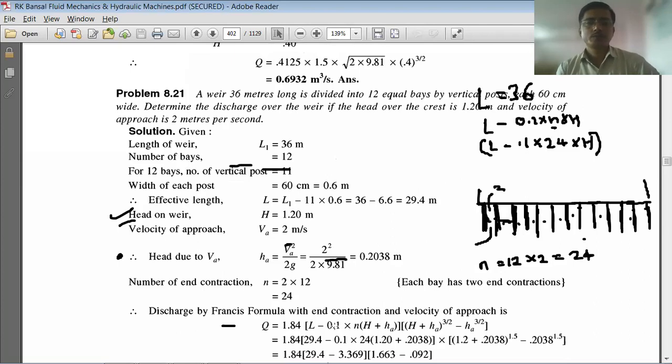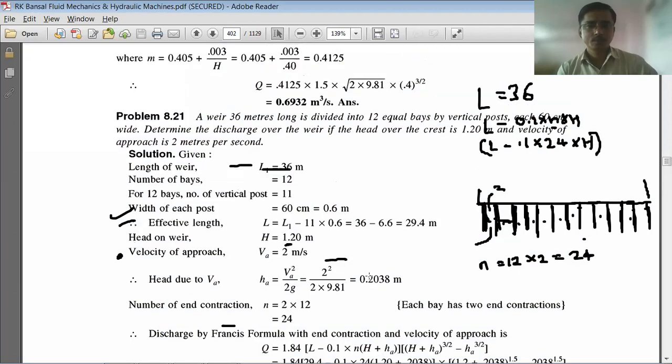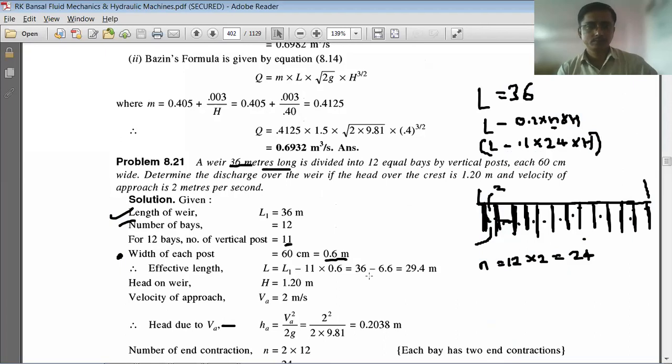सो वेलॉसिटी ऑफ अप्रोच तुम्हाला दिलेला आहे प्रॉब्लेम मध्ये 2 मीटर पर सेकंड. तो HA त्या ठिकाणी काढता येईल, राईट. HA काढून त्याची व्हॅल्यू या ठिकाणी टाकता येईल. कॅपिटल H तुम्हाला दिलेला आहे प्रॉब्लेम मध्ये 1.2 मीटर, राईट. 1.2 मीटर इट इज गिवन. नाउ हियर इफेक्टिव्ह लेंथ आपल्याला कशी काढली ती आपण या ठिकाणी बघूया. विड्थ ऑफ ईच पोस्ट ठीक आहे